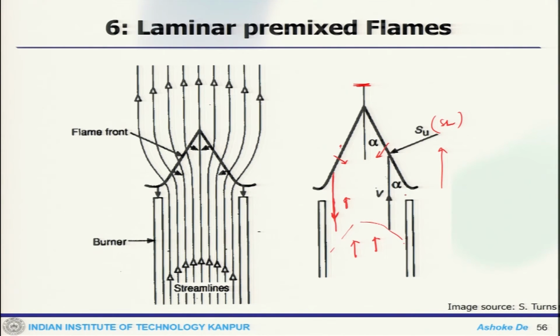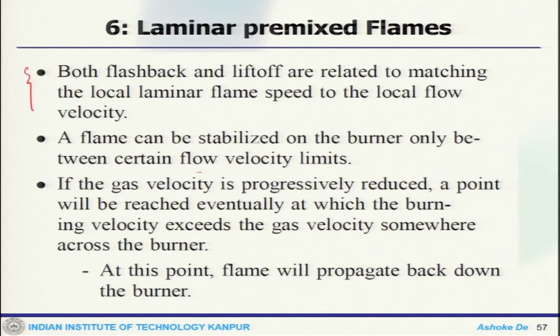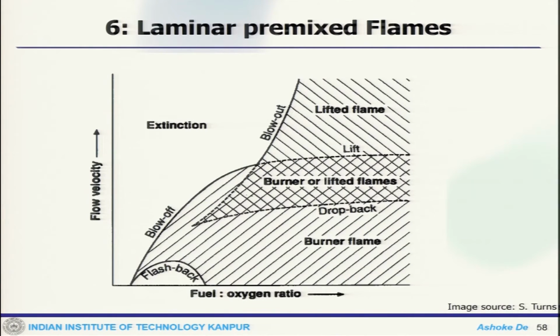So, this would happen and that will lead to the flashback. If you put some, this is again a representative picture. This is a fuel oxygen ratio within the increasing site, this is the flow velocity, and there is a different zone what you can see. One is this small zone sitting there, which is the flashback. This is again an unwanted phenomenon. So, one has to design the operating conditions and the system such that flashback does not happen.